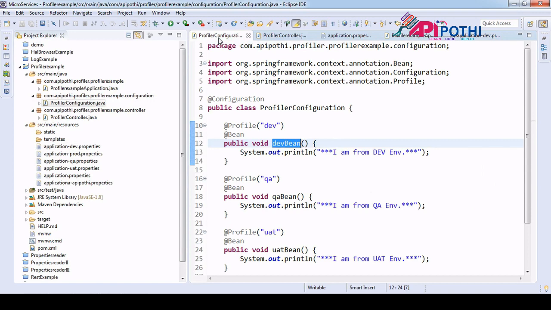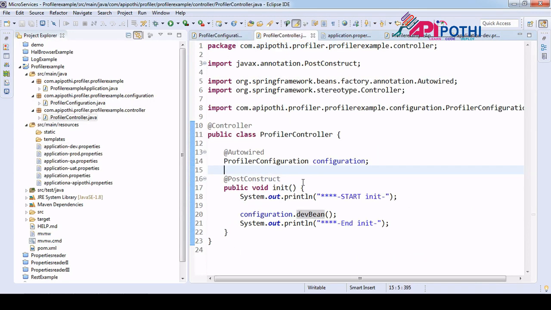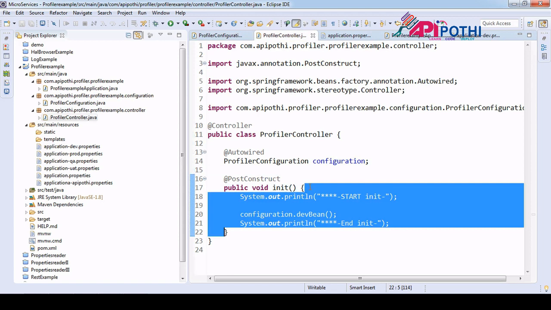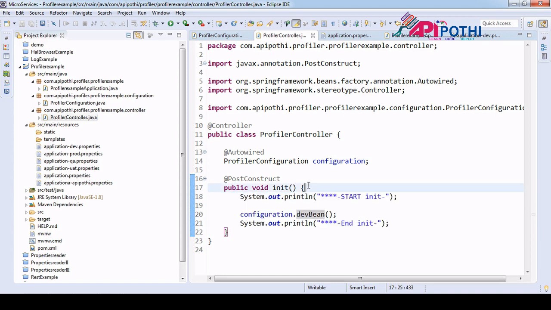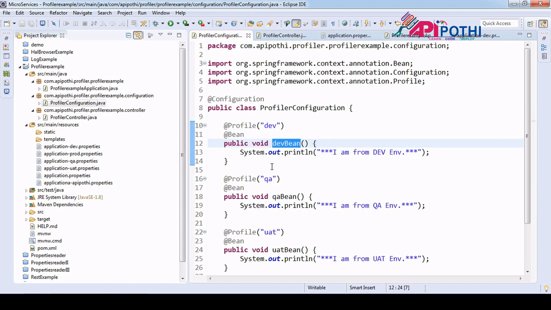Second task is, since I have written this as an init method, and the init method will run at the time of startup only. This is one kind of startup method, and it is also annotated with @PostConstruct. So this method also started running. As soon as it runs, it sees that okay, here I have the dev bean. As soon as it goes to the dev bean, it sees that this is connected with the profile, and the profile is dev, so it is running on dev.